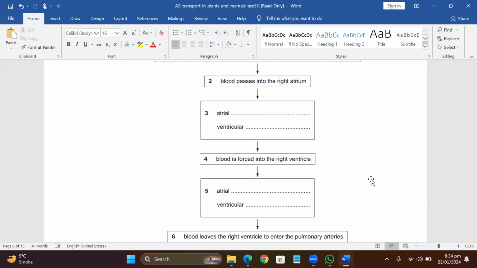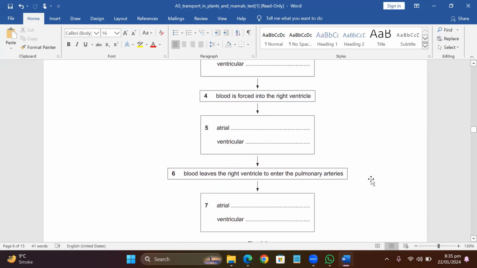After the atria receives the blood, okay, what happens after that? Because of what will the blood be forced into the right ventricle? That is atrial systole and ventricular diastole will happen. So in box 3, we were supposed to write atrial systole and ventricular diastole. Then blood is forced into the right ventricle. There is a flow chart, okay, right ventricle and then the atrial